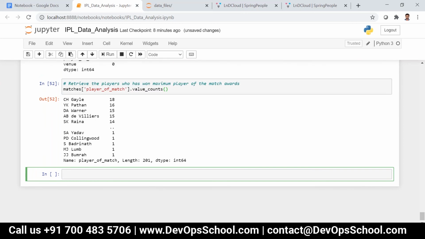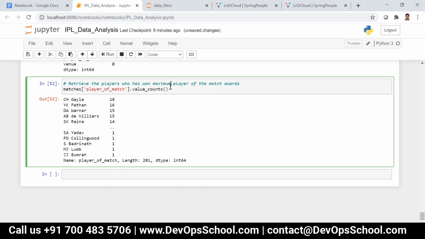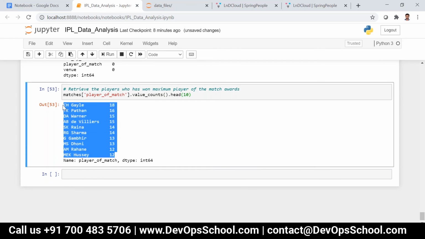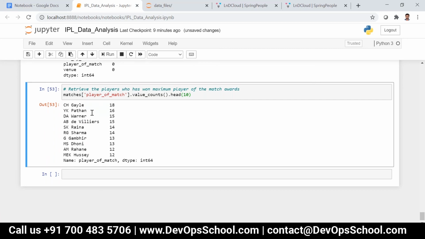Now you can see there are so many players, but I want only the top 10. So for that I can say .head(10). So these are the players who have won the most player of the match awards.